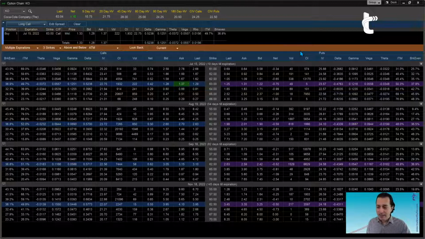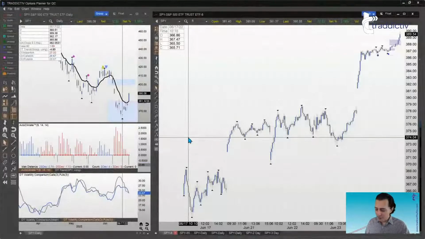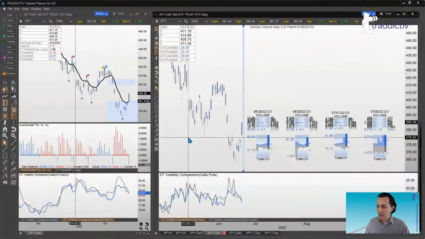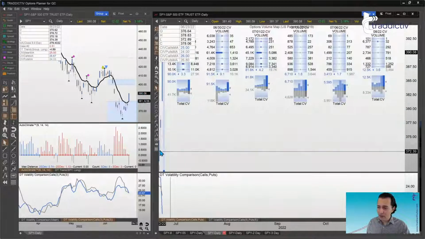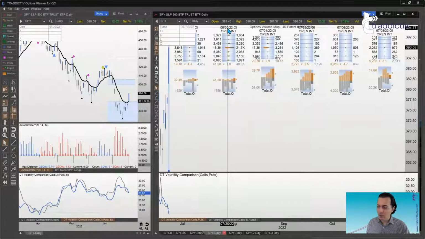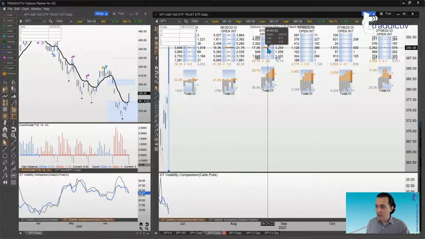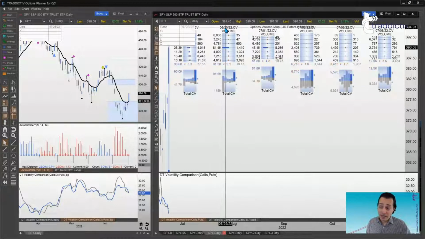Okay, but again, the philosophy behind top is that many of those things which are quite intimidating can be charted, can be used in different ways which are more powerful. For example, if you wanted to know about the open interest, you can very easily come to the volume map and change it from volume to open interest, and now you can see the strikes with greater liquidity, very visually, in a way that is not intimidating.